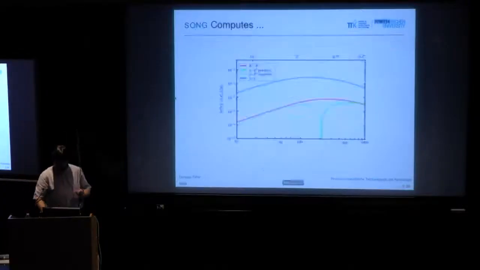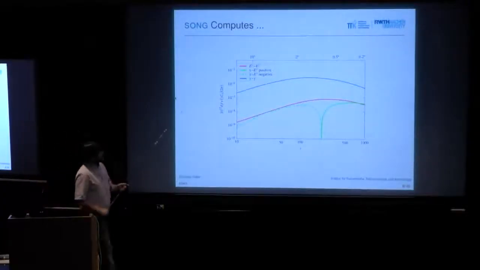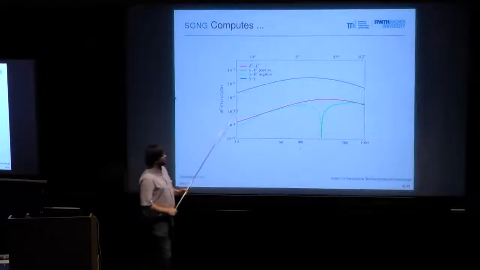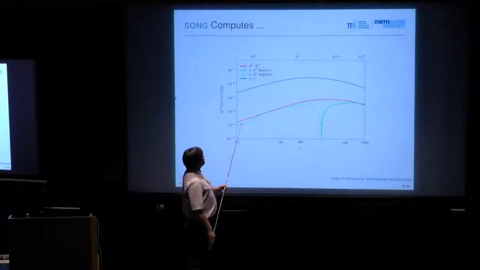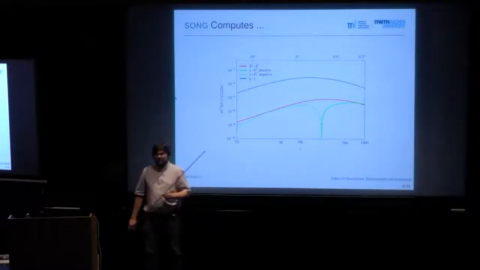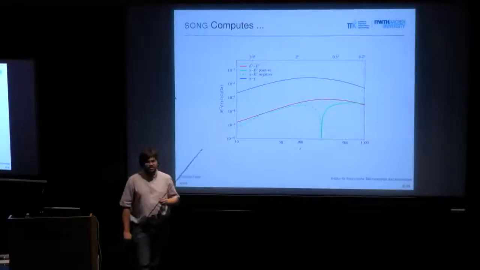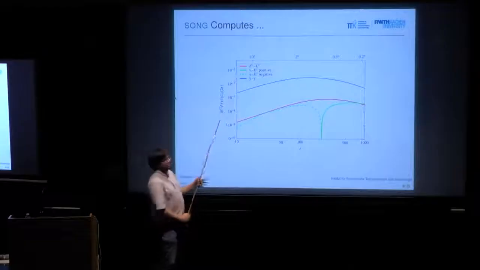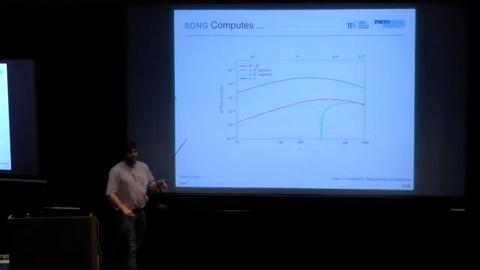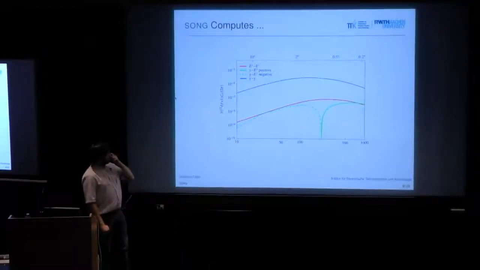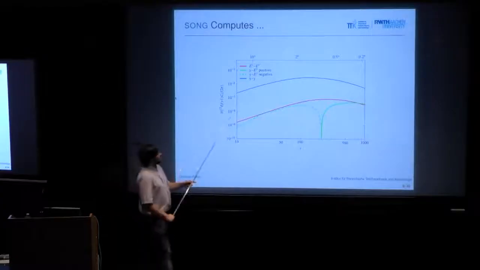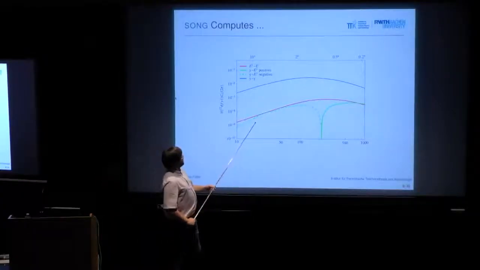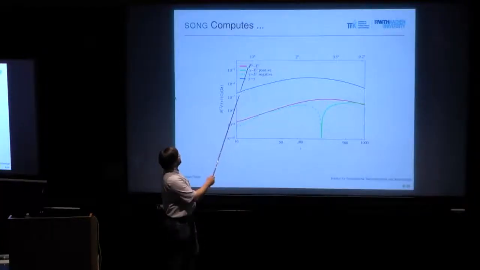Okay. Then here, this is something very exotic that we have computed. What we show here is, in fact, spectral distortions that are sourced at second order, but not just spectral distortions, but spectral distortions of polarization. So I don't know if a lot of people even know that this is possible, but you can have spectral distortions in polarized spectra. And what we show here is computed with SONG, the power spectrum of E-mode spectral Y